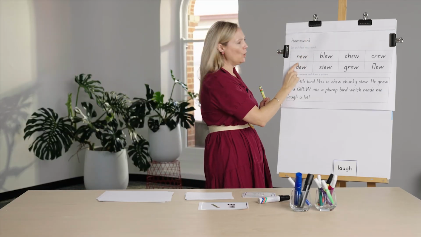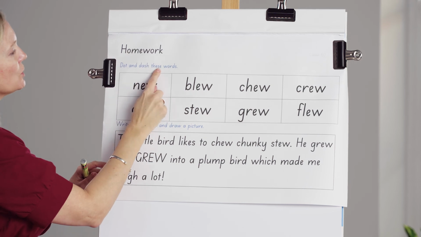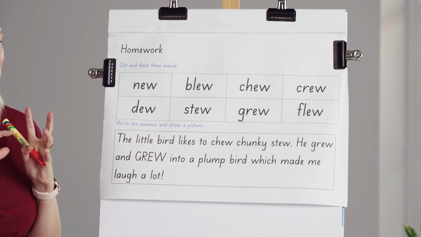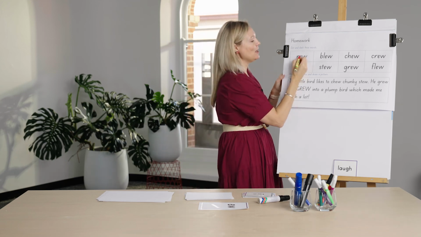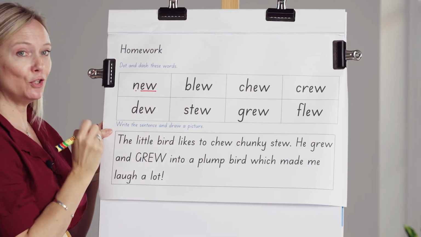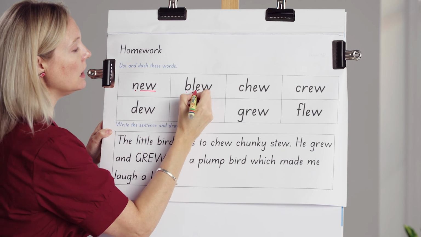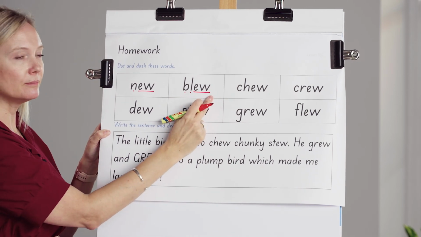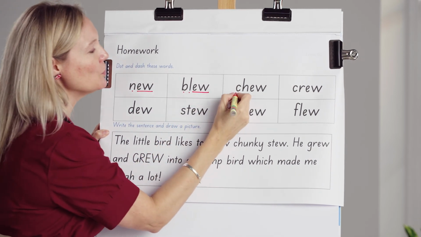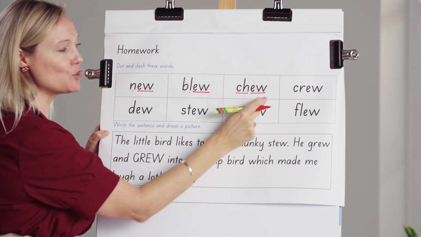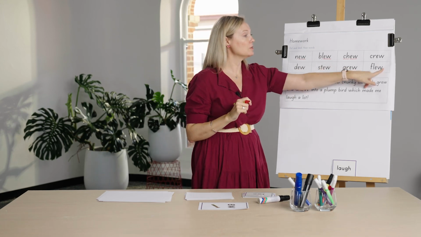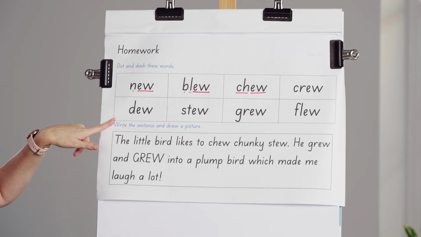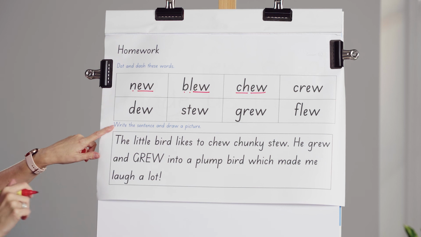Right, let's look at our homework. Dot and dash these words. Oh, I love dotting and dashing. I can't resist. I have to do a couple. Here we go. New, new. B-l-oo, blue. Okay, one more. Ch-oo, chew. Great. So I want you to dot and dash these words, write them in your book, and then